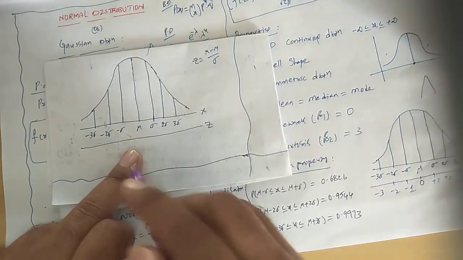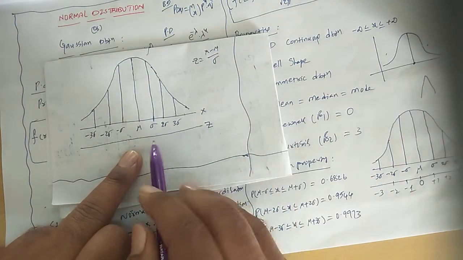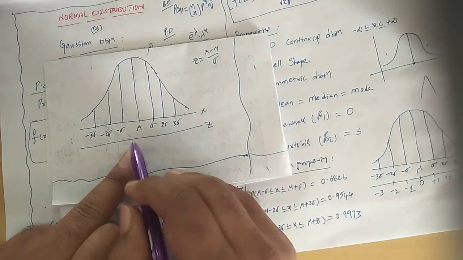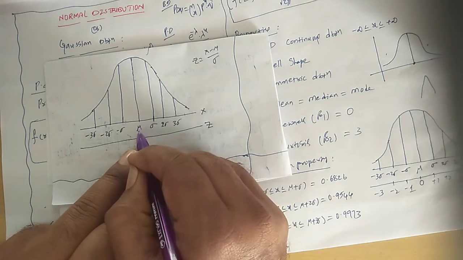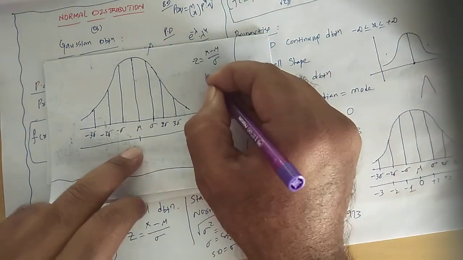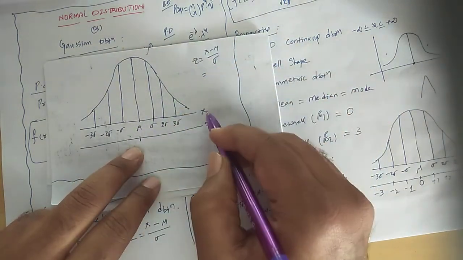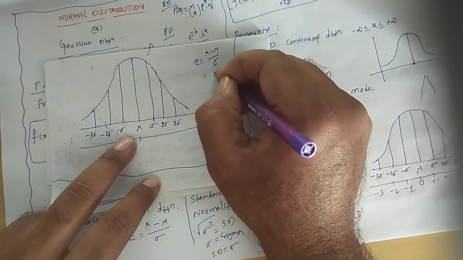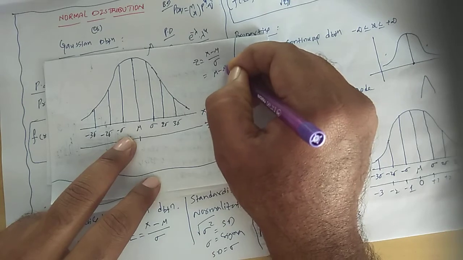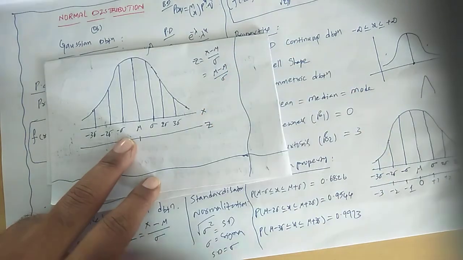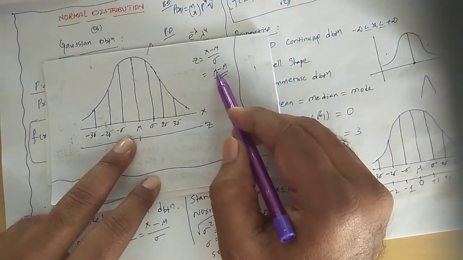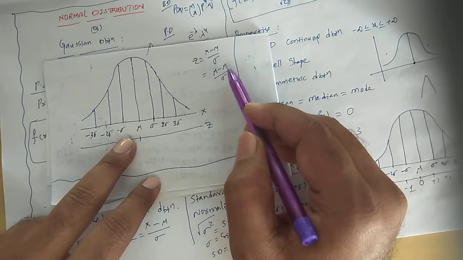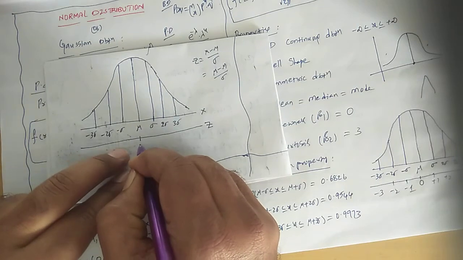And now, first, for this point the x variable value is mu. Then what is the z variable value we need to find. Now substitute the x variable value in this formula. So what do you get? The x variable value is mu, so instead of x I am substituting mu. Already what is there? Minus mu by sigma. So mu minus mu means 0. 0 by anything is 0. So what is the z value going to be now? 0.